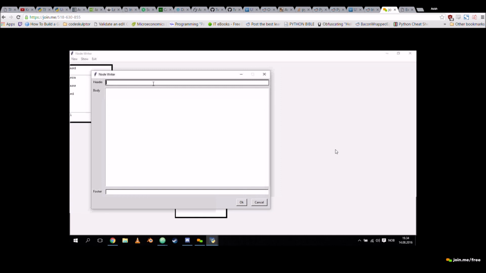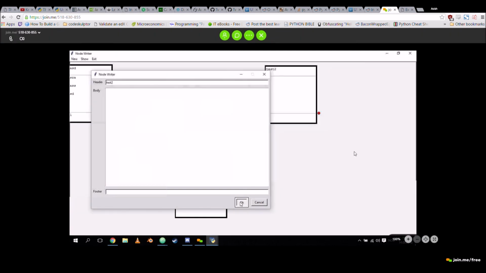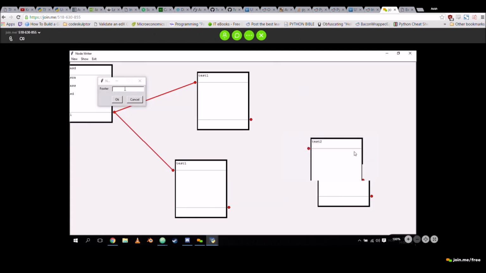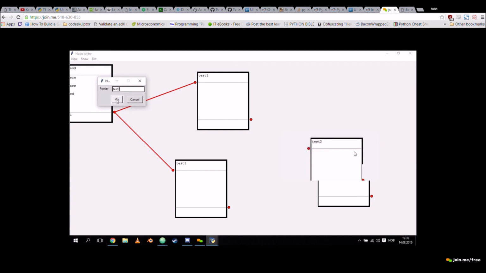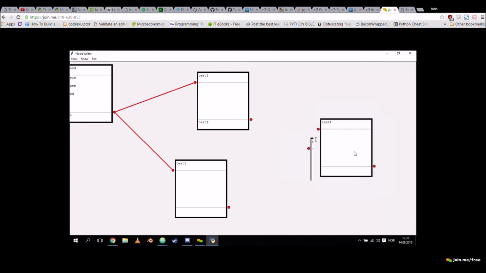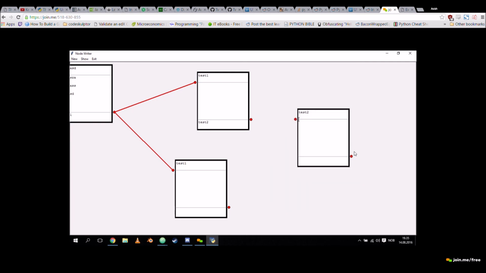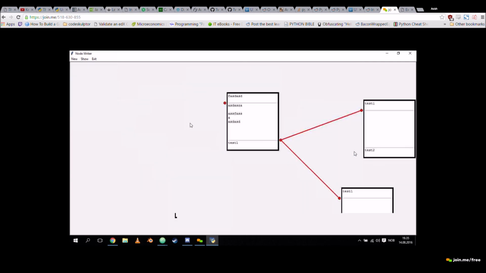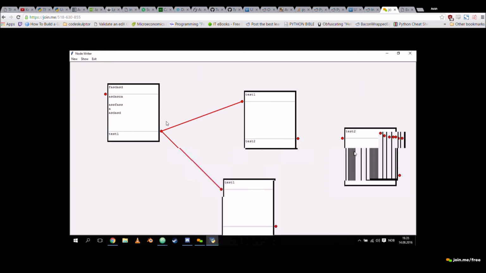So I can add another one. Let's put test 2 there. And the thing that might not work is changing those entry fields, adding test 2. No. So I need to add a better system for updating the lines when I update. And I kind of had it, but then I had to add a system to delete them, and I think I made a mistake somewhere. But that's how it goes.